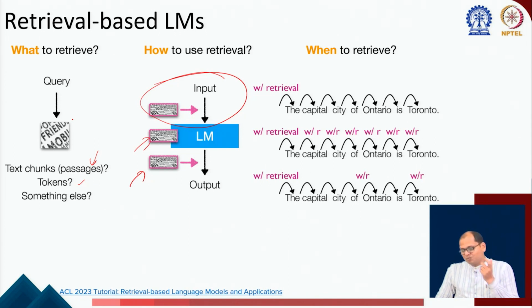And then the next thing is, when do you want to retrieve? So you are doing a generation task, it may be a long text generation task. So when should I retrieve? Should I retrieve only at the input and that's all, or while generating should I retrieve at various points? So this is like, you retrieve only